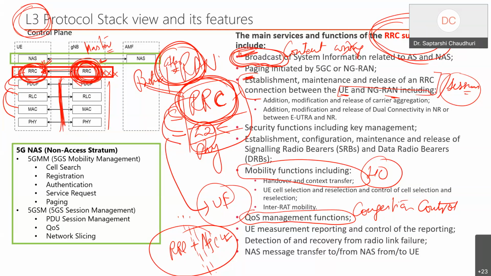First, the device has to be configured, because the device is a slave. He wakes up, he got synchronized, but he doesn't know what configuration the operator wants him to be aware of. Now, who is the person who makes him aware? It is nothing but the RRC of the base station, which makes the device aware of the handover thresholds that he needs to monitor. Only then will the handover events get triggered. I'll come to that. So these are the first fundamental entity.